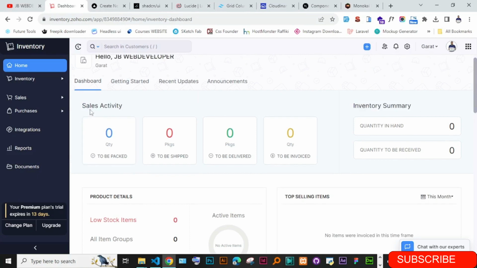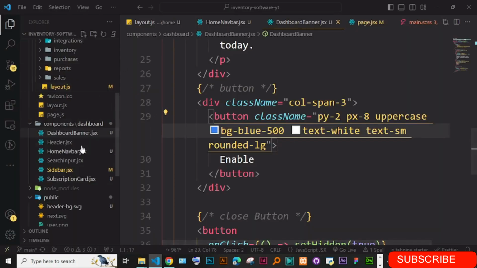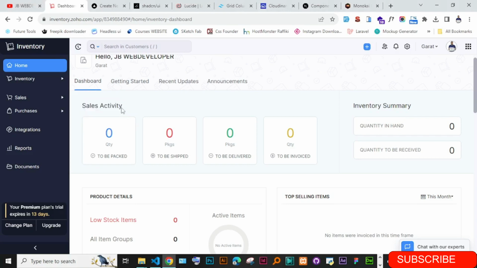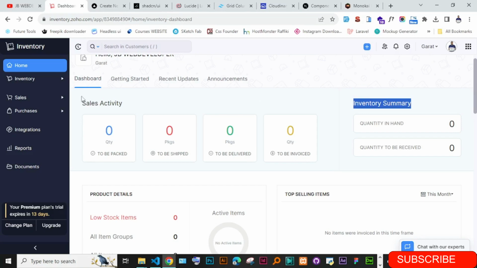Okay, so I'm just going to go ahead and create this div that is having all these cards, and there is this inventory summary which has its own cards, and then I have this sales activity which has its own cards. Okay, so let me just first put these two stuff, and they have the borders. So I'm just going to come here in components, and I'm just going to say, let's name this as sales numbers. So you can just come here and we have sales activity, and this one we could just call this first part here as